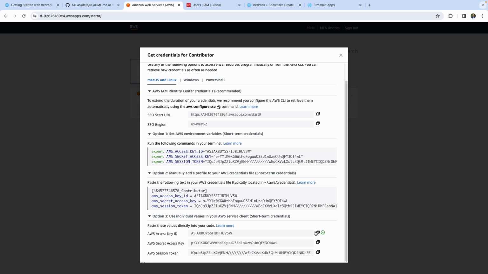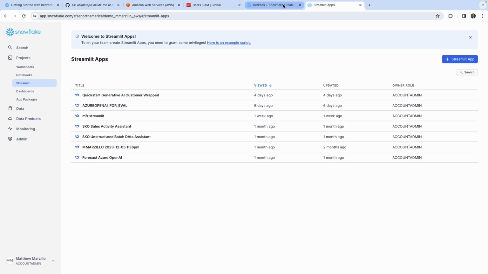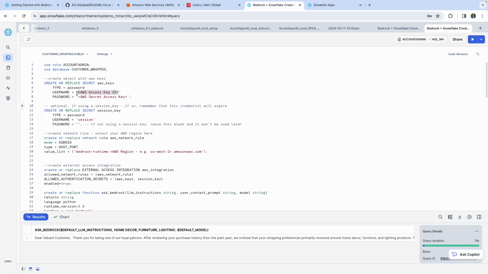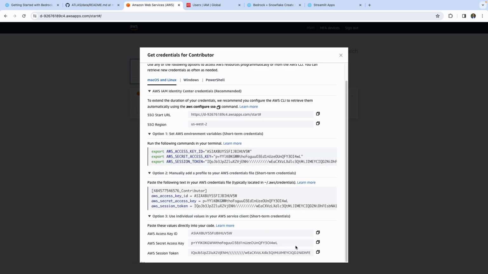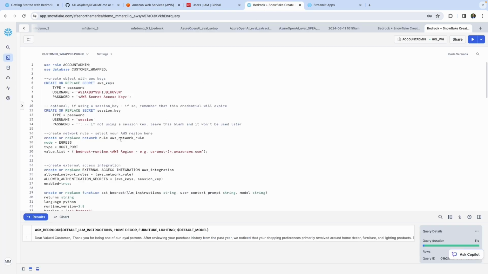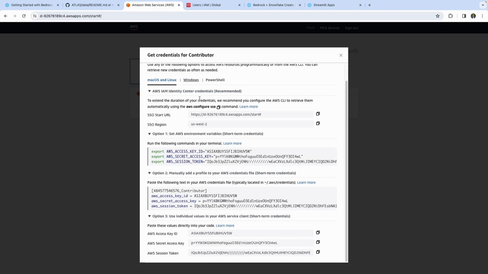So starting with the AWS access key ID, I'll paste that here. I'll go to the secret access key and then paste that here, the password argument. And then the last thing will be the password for the session key, which is the AWS session token,